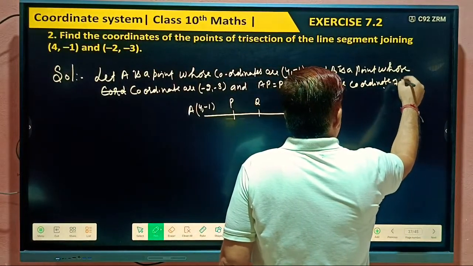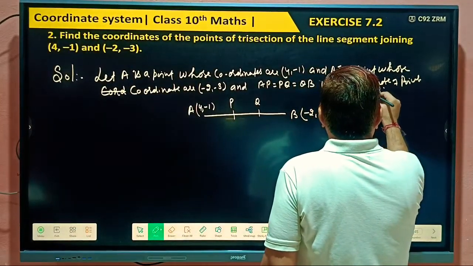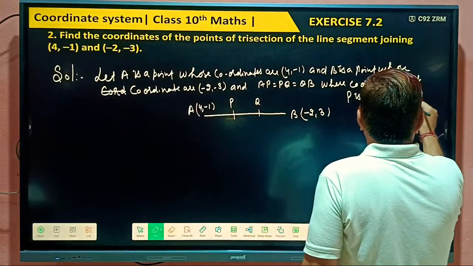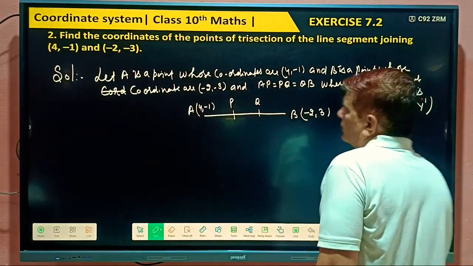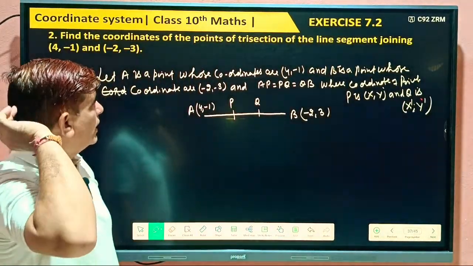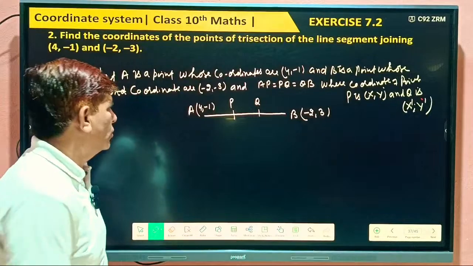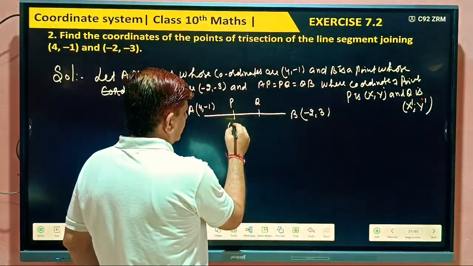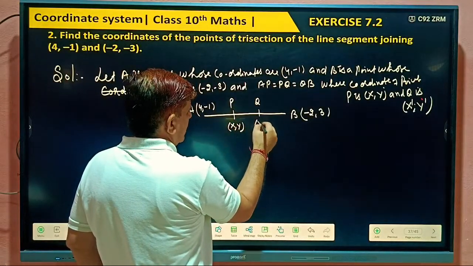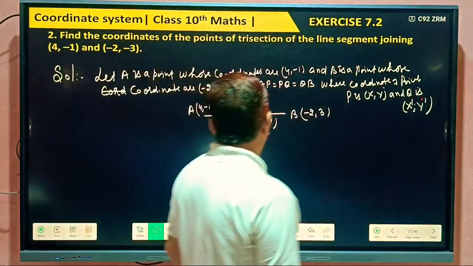The coordinates of point P are X, Y, and Q is X dash, Y dash. Understood? Find the coordinates of the points of trisection of the line segment. Trisection means divide into 3 equal parts. So its coordinates are X, Y, and its coordinates are X dash, Y dash. So first what we will take,